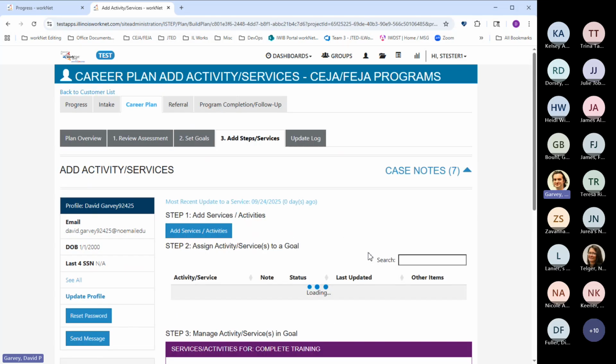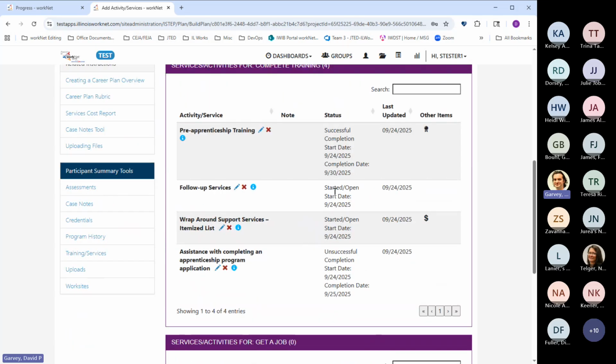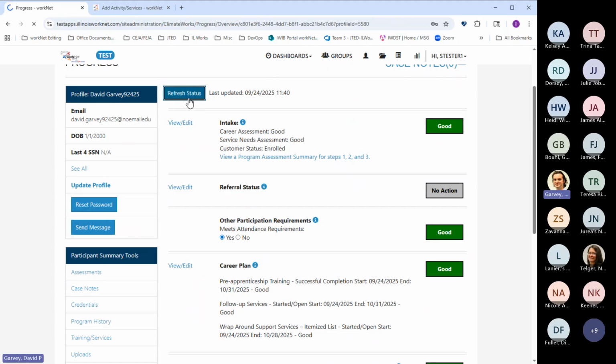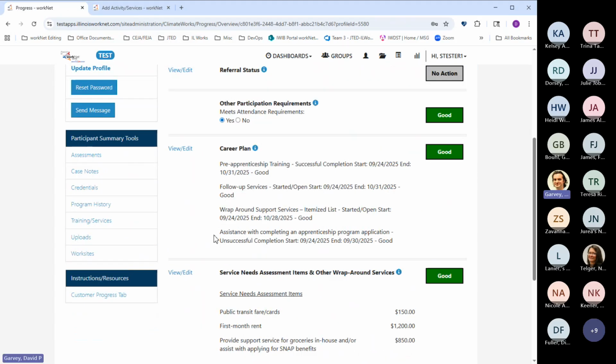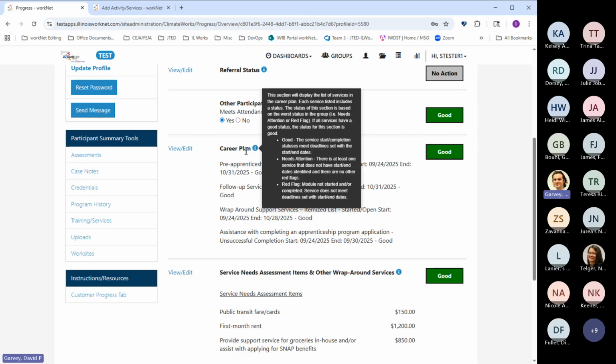Here, unsuccessful completion. Okay, and if we refresh our progress page. Okay, yeah, so if we do have unsuccessful completion, the system will show that that's good, in the sense that it's been addressed.